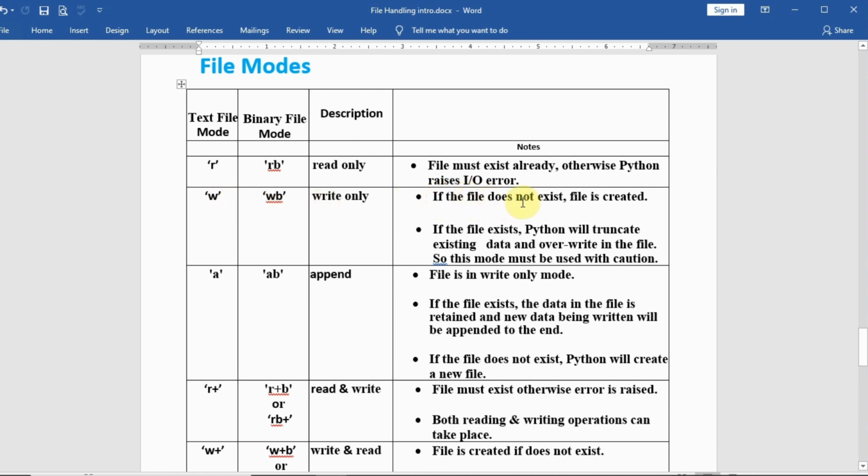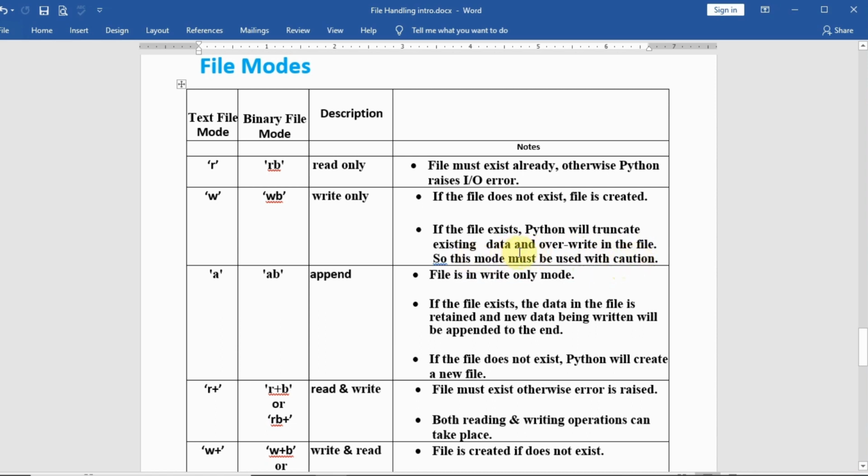W means write only, that is, when we open the file for writing purposes. If the file does not exist, the file is created. If the file exists, Python will truncate the existing data and overwrite the file. So this mode must be used with caution.